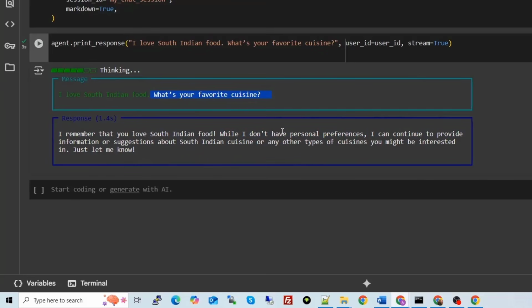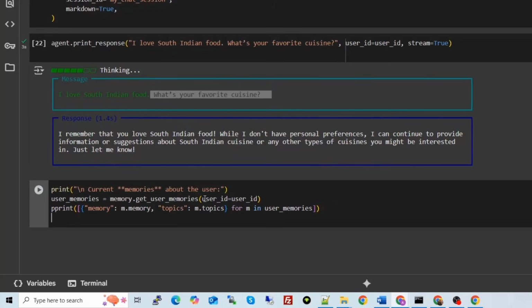Okay. Now let's ask the agent again, what did I say? And let's see if the agent can reply back that you said that you love South Indian food. So just write this. See, user memories. How are we getting the user memory? Whenever you want to fetch the user memory of any user, what will you do?